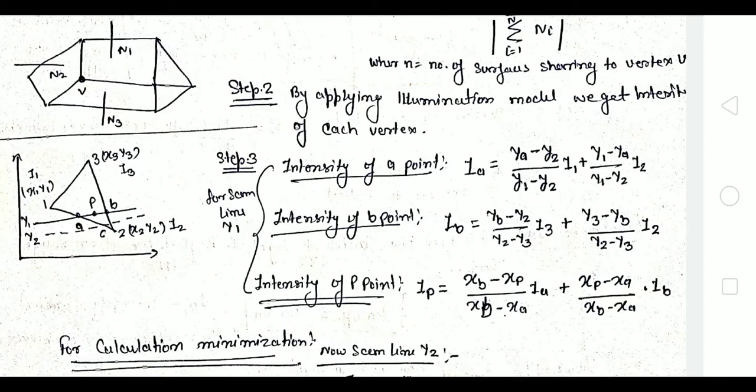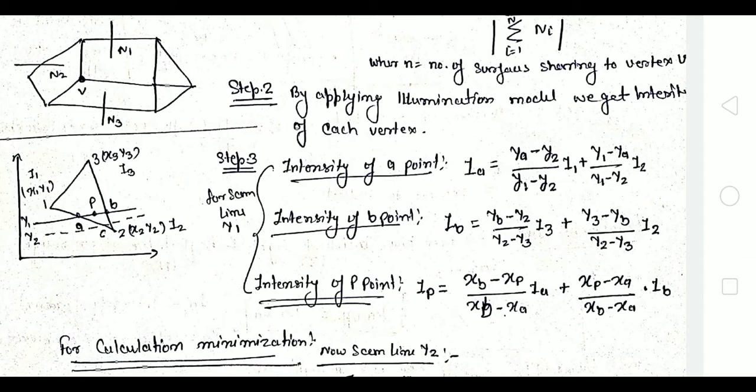Whenever you want to use any point's intensity, you first have to check which edge it is on. Here the 1-2 edge is coming, so for YA minus Y2, first you have to consider